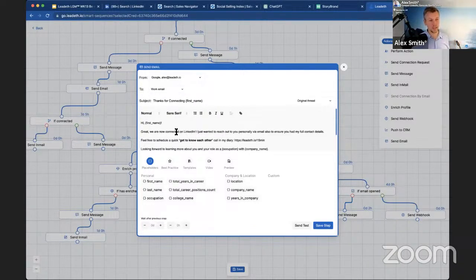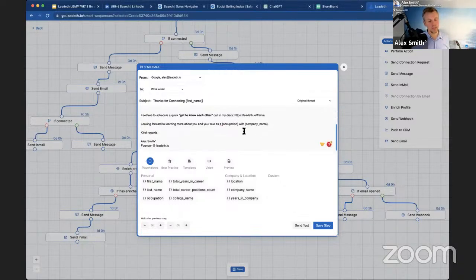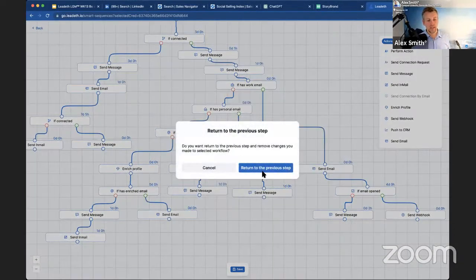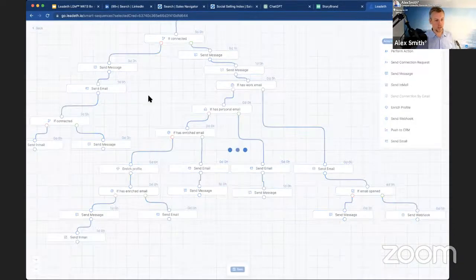And that's what I'm doing. It's a thanks for connecting message, and it puts their first name in the subject line, in the hope that pushes past the spam a little bit more. So that's an email that goes out. And obviously, when you turn these campaigns on, let's just save changes and go back.